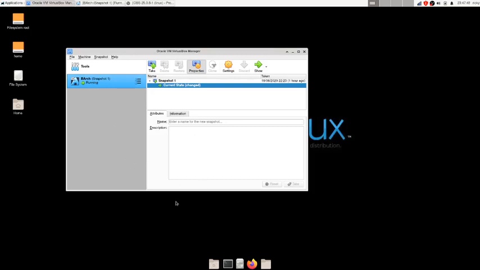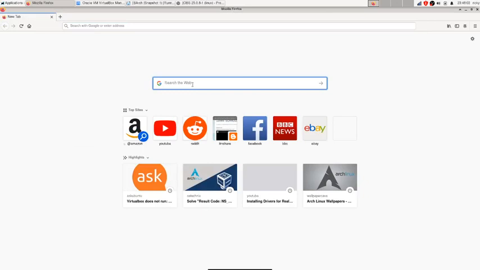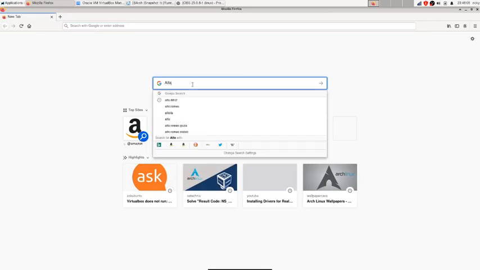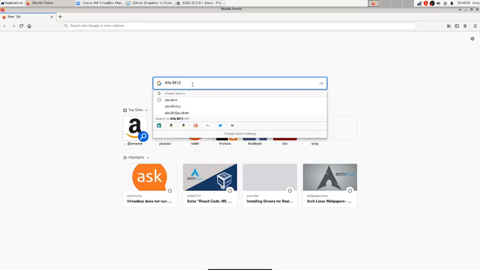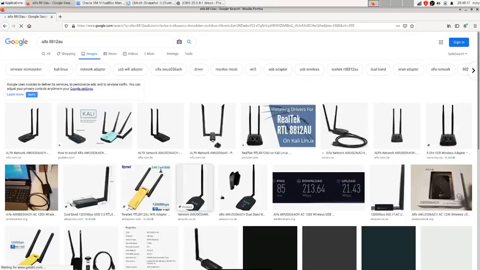I'm also going to show you another thing here. Once you have presented the device to the guest machine, some users are not able to install the drivers. Normally I use Alfa cards, the Alfa 8812AU card.